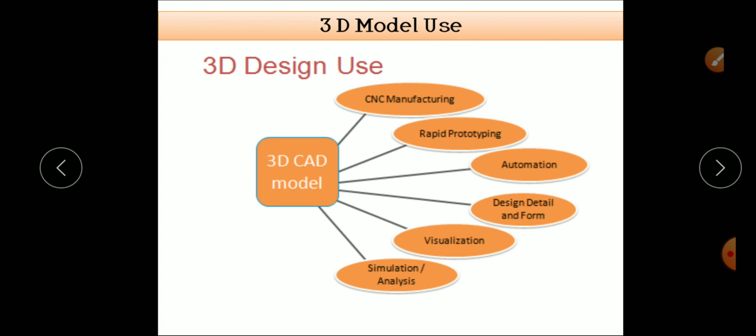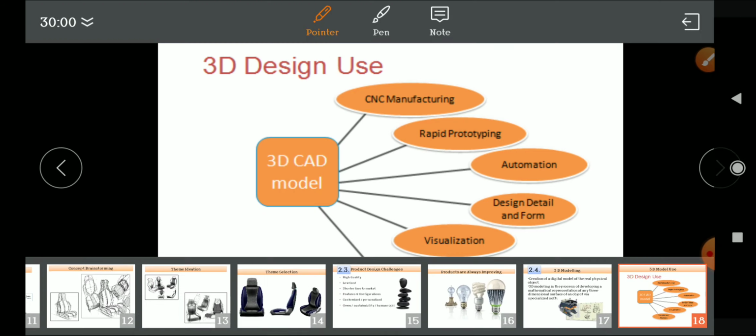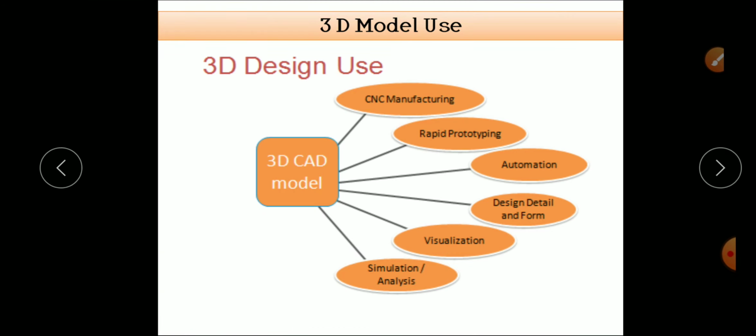In the first stage, we can check the feasibility of manufacturing that component on the computer numerical control machine, and if it is not possible, then we can create that 3D model and convert the required program so it can be manufactured with the help of rapid prototyping.